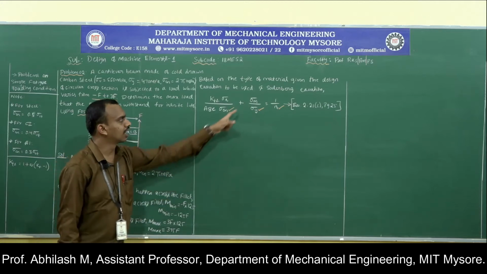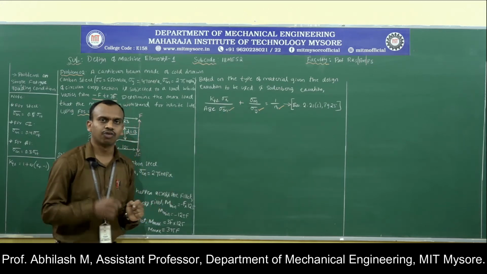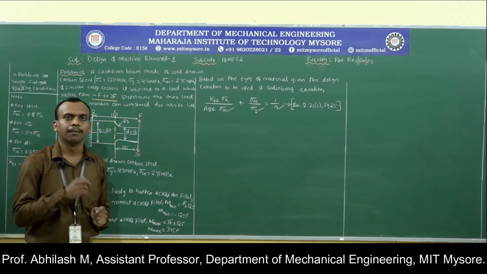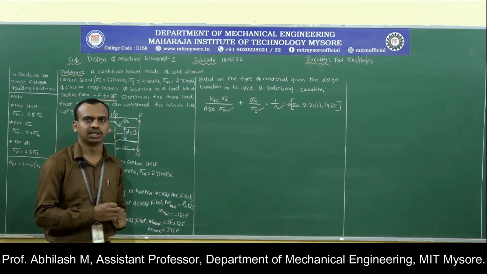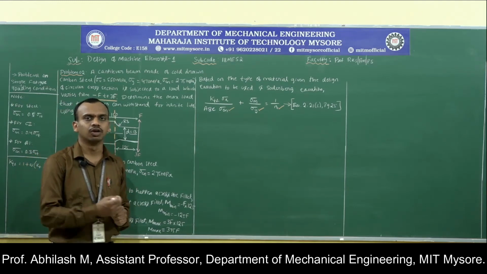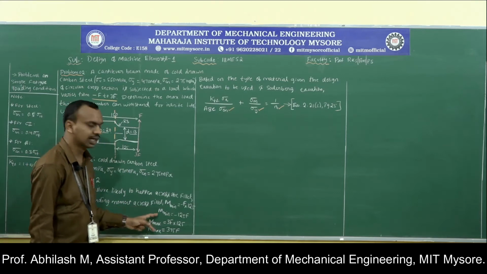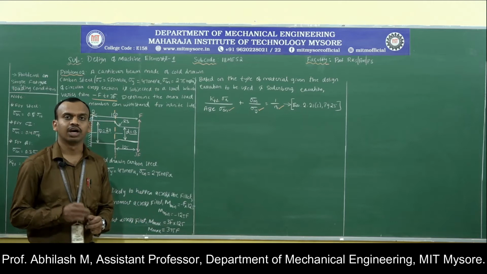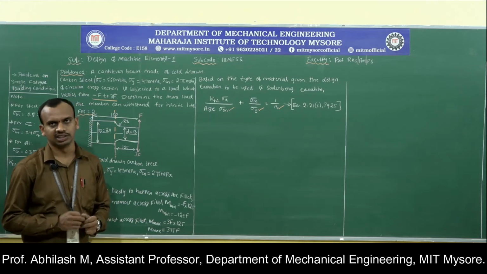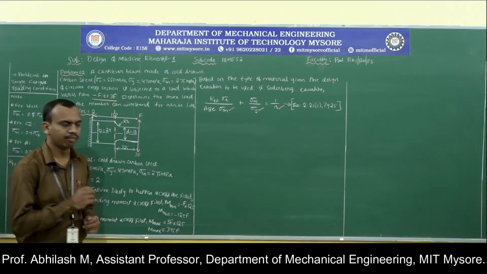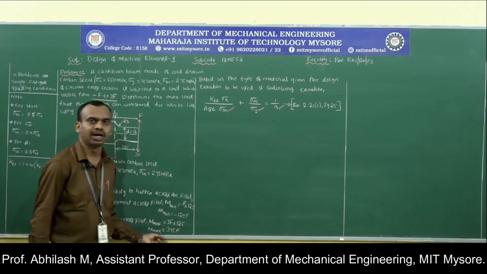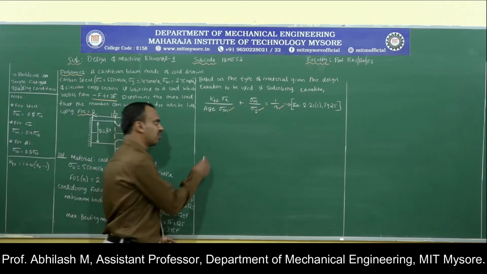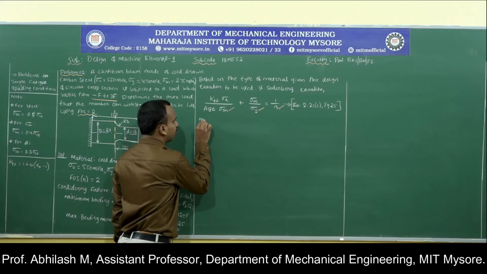But in order to calculate this mean and amplitude, first we are supposed to calculate the minimum and the maximum stress based on the type of the load. Here they have given us the bending moment. So, what is the type of stress that we might expect? We are going to obtain the bending stress. How to calculate that bending stress? Let us see that. The first one is the minimum bending stress.